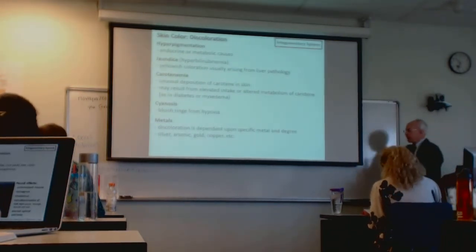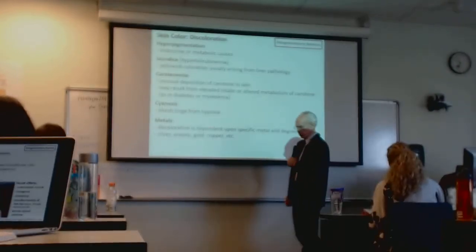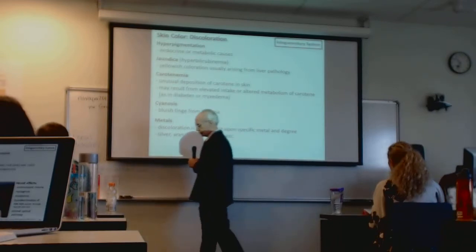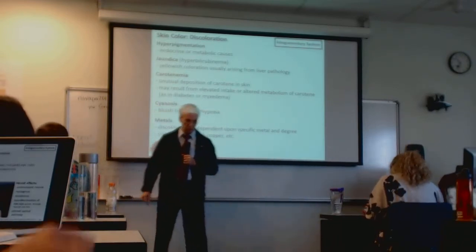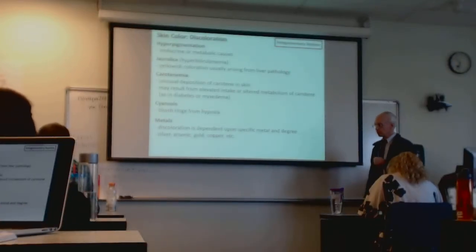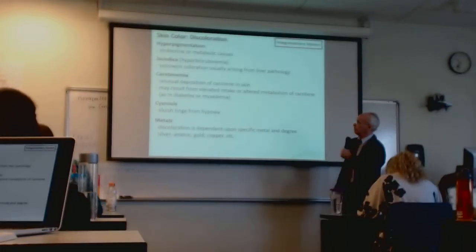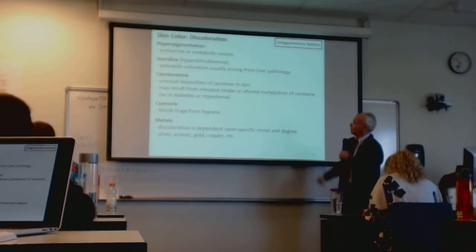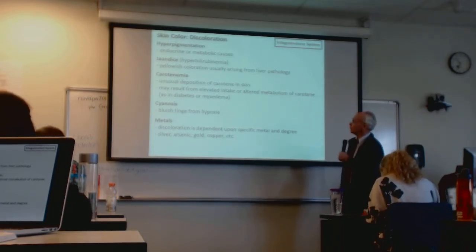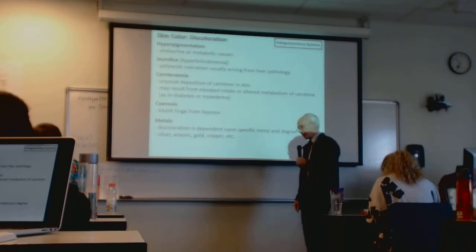So other causes of abnormal skin coloration: hyperpigmentation, such as occurs during female pregnancy, can occur during certain endocrine diseases. Addison disease, for example, sometimes Cushing disease, can cause sufficient abnormality of the pituitary axis. We'll talk about that later, but that can result in increased expression of ACTH, adrenocorticotropic hormone. Jaundice can show up, hyperbilirubinemia can show up in certain types of liver disease,